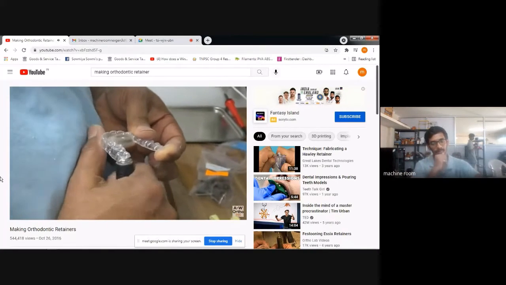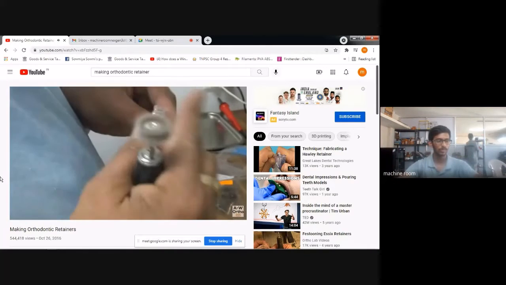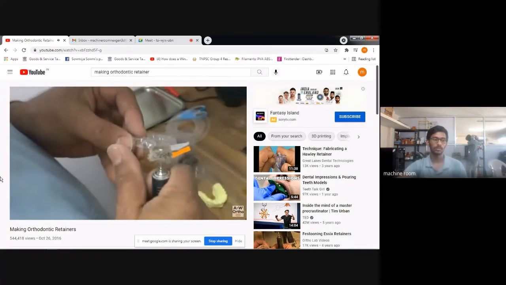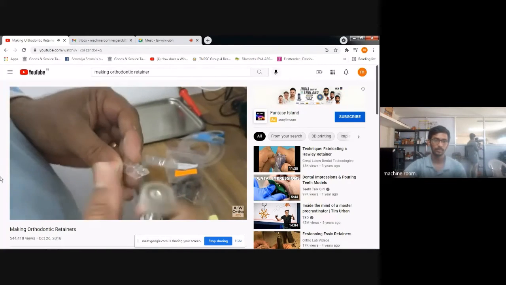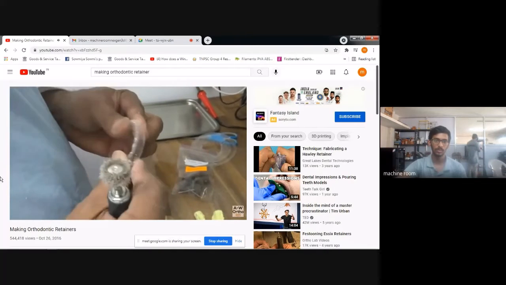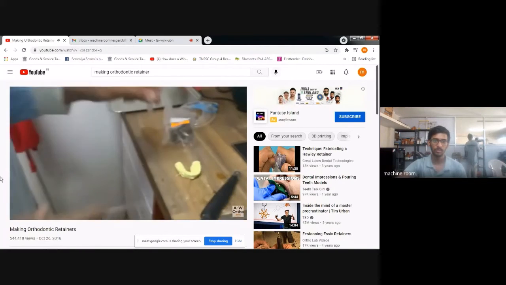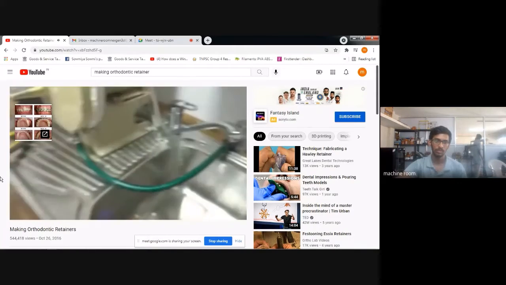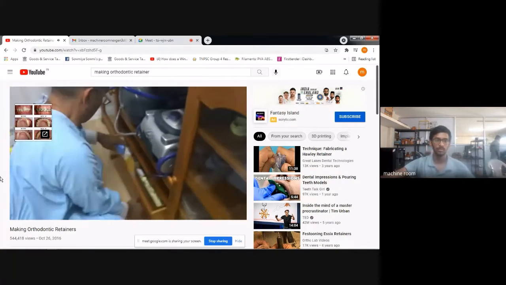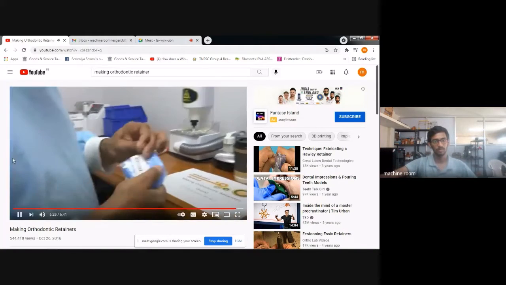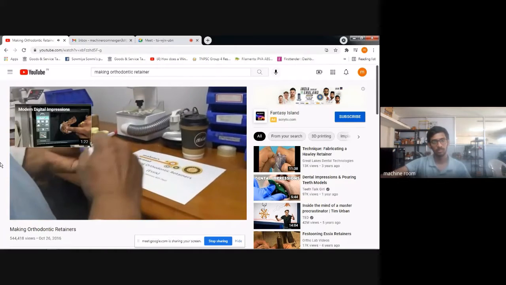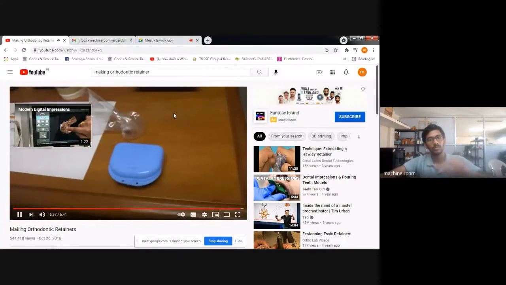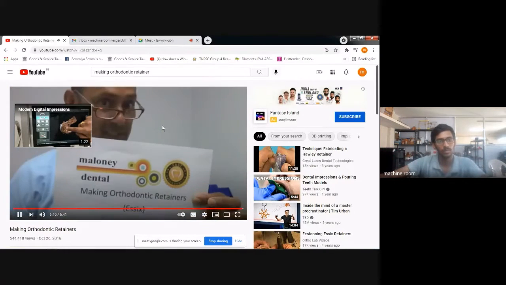Once that's done, I normally just go around with my finger, like so. Go around with my finger and make sure it's all nice and smooth, which it is. And then we give that a rinse. And we stick it in one of these containers. Now I'm a pretty traditional bloke, so blue for boys. There you go. This belongs to a young man. There it goes, and it's ready to go. That's the end of our Essex retainer.